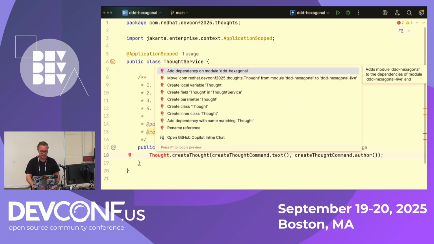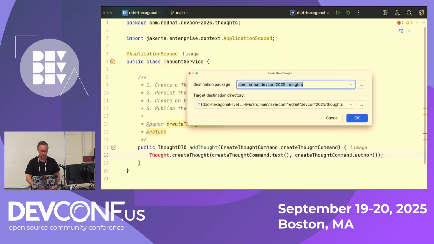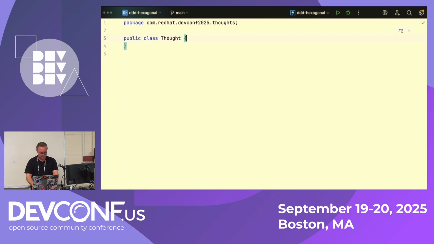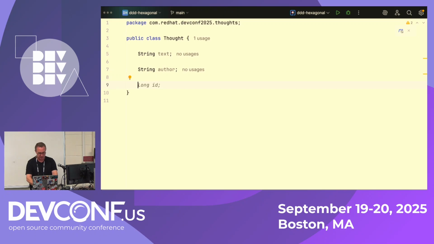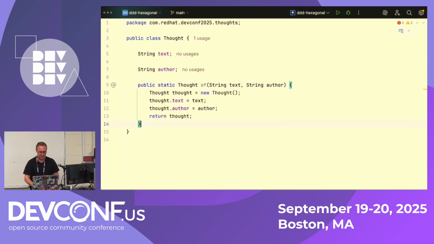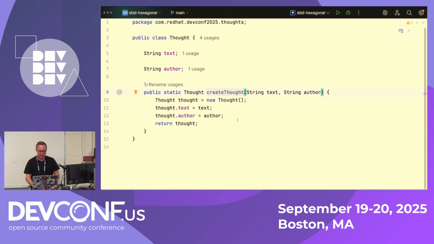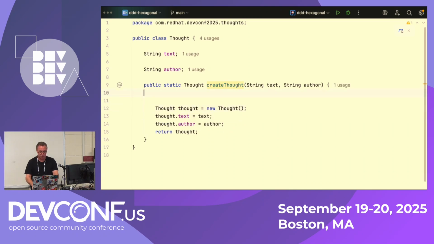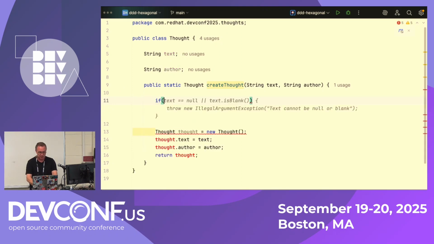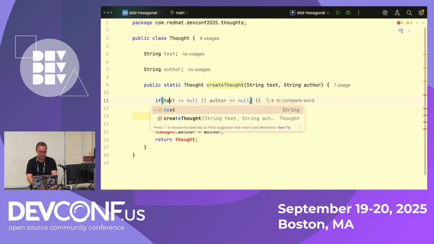Let's create a domain object here. Create class thought. And this thought is going to represent thoughts in our system, right? And so we will say public static. What's important about this now is all of our business logic goes in here. So let's say we have some unique business logic. So let's say, if, that's really nice, that's validation logic, but I want to say business logic because we can check for validation. If text